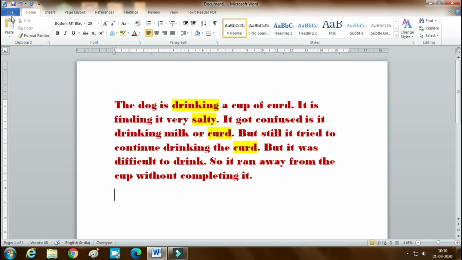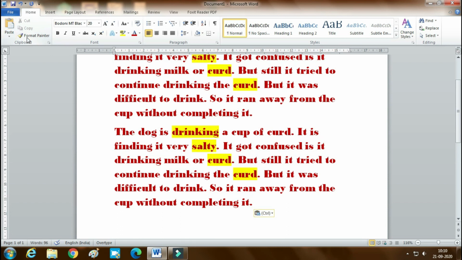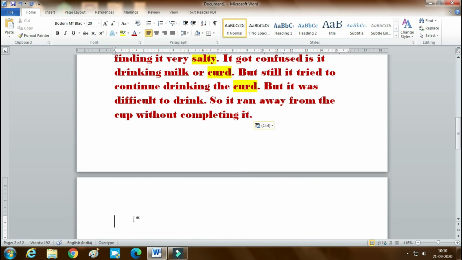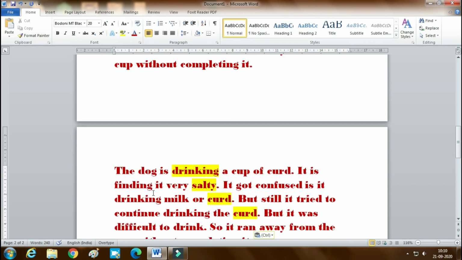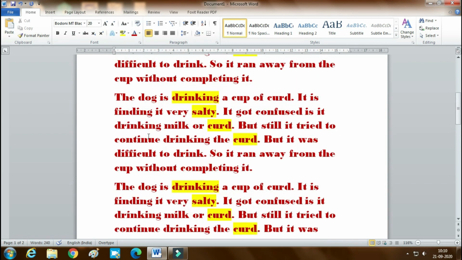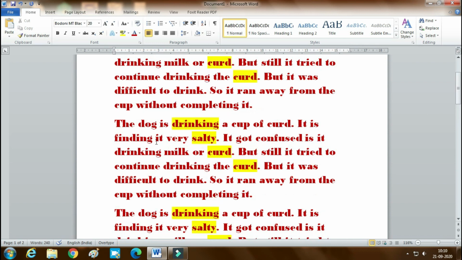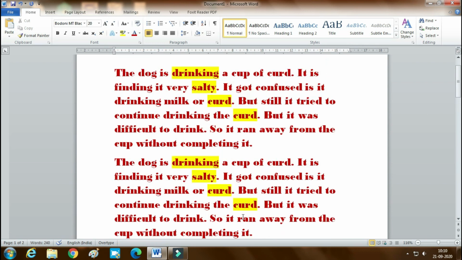Click on the last line of the paragraph, press enter and press the paste button. Once the copy is done, the paste can be used many times. We can see the paragraph is pasted again. Now we can use Control V, the shortcut key on the keyboard to paste. So we now have 4 paragraphs which we have pasted.